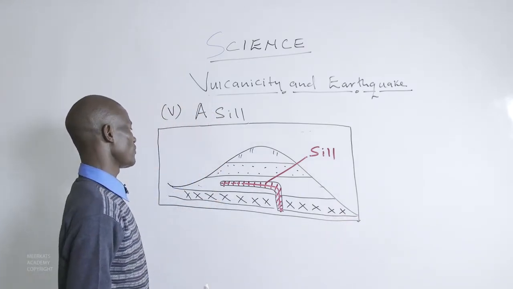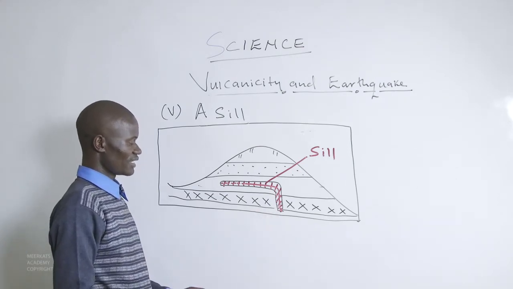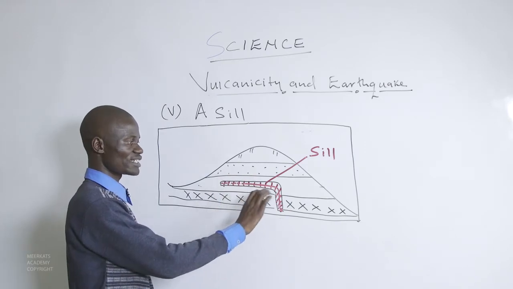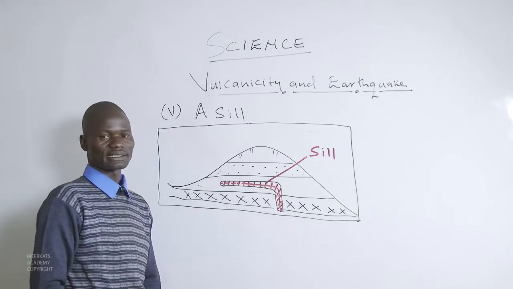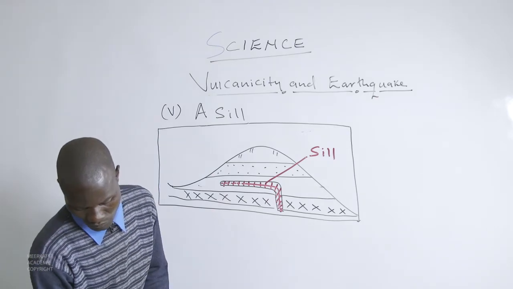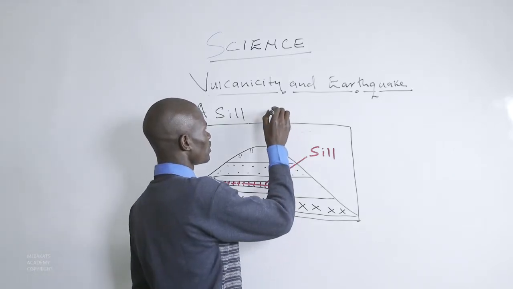Therefore, this is a formation of a sill, and actually when you look at it, it takes a horizontal tunnel. Therefore, it is resting within the bedding planes of the crustal rocks. And you look at it, it is a horizontal